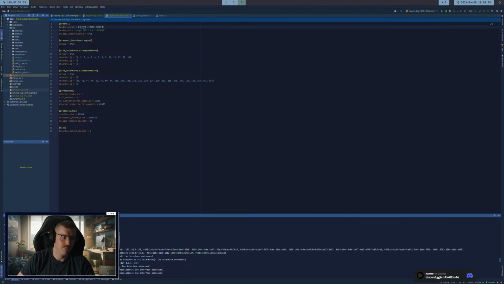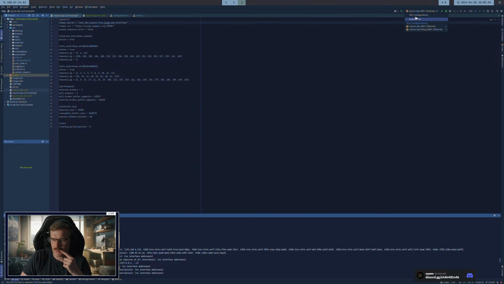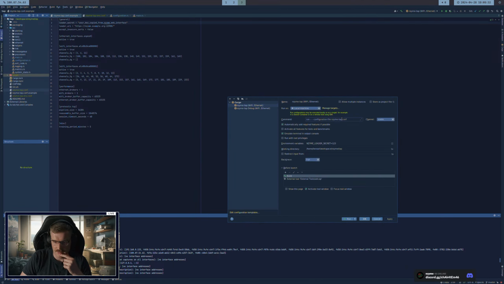There we go. Replace this with okay. That should work. Okay, so what we have to do then is first of all change the configuration so it's